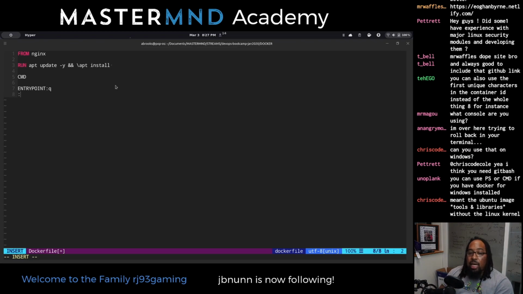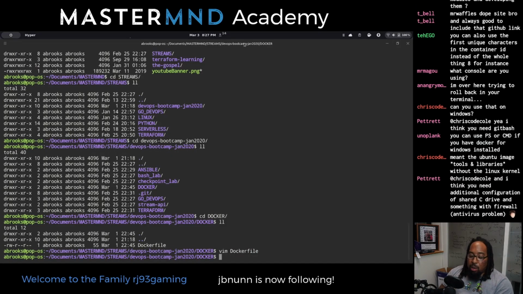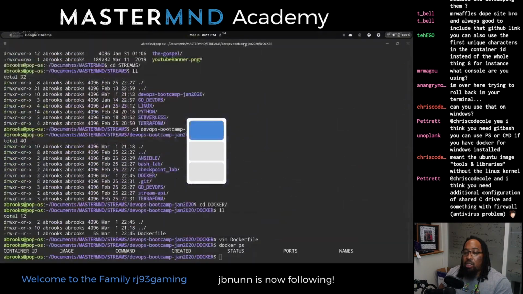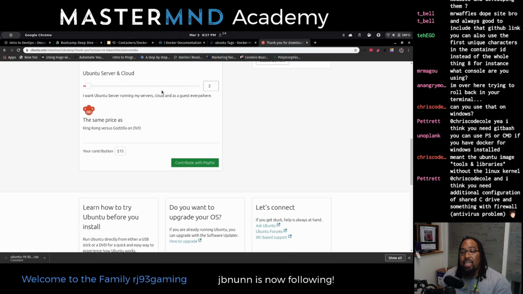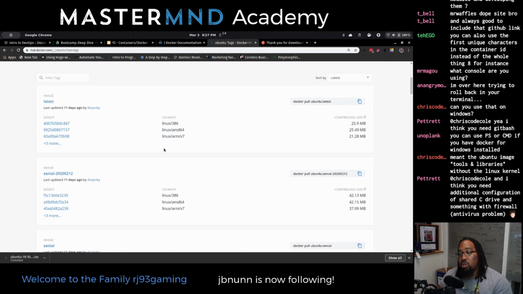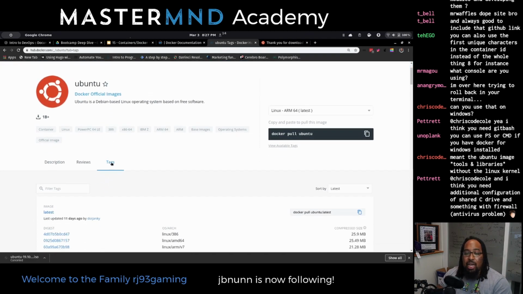But the Ubuntu container, I'm not going to save this. The Ubuntu container that we just ran is actually just set up to do really nothing. It's designed as a container for you to be able to build from. It doesn't really do anything, again, besides provide you some tools to build with. So me having this is kind of useless.